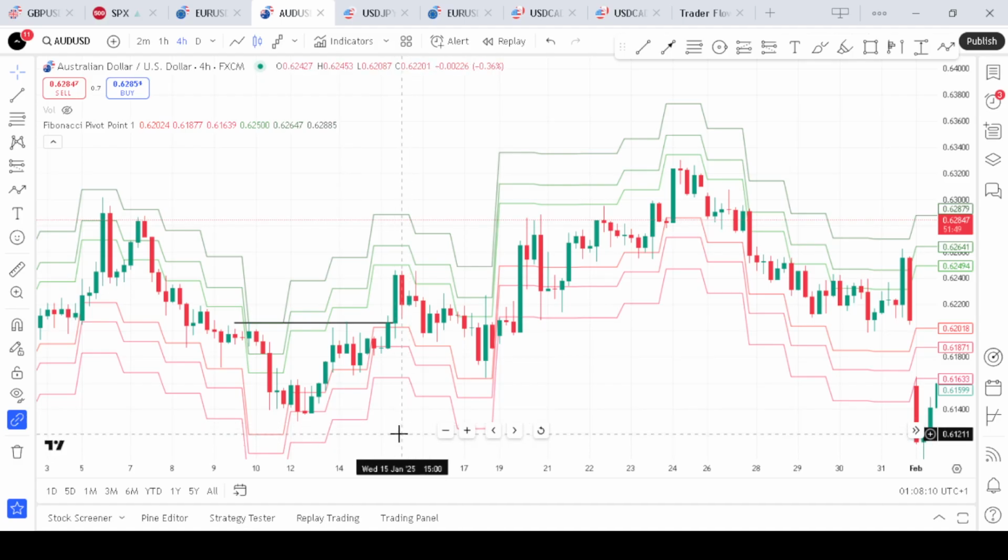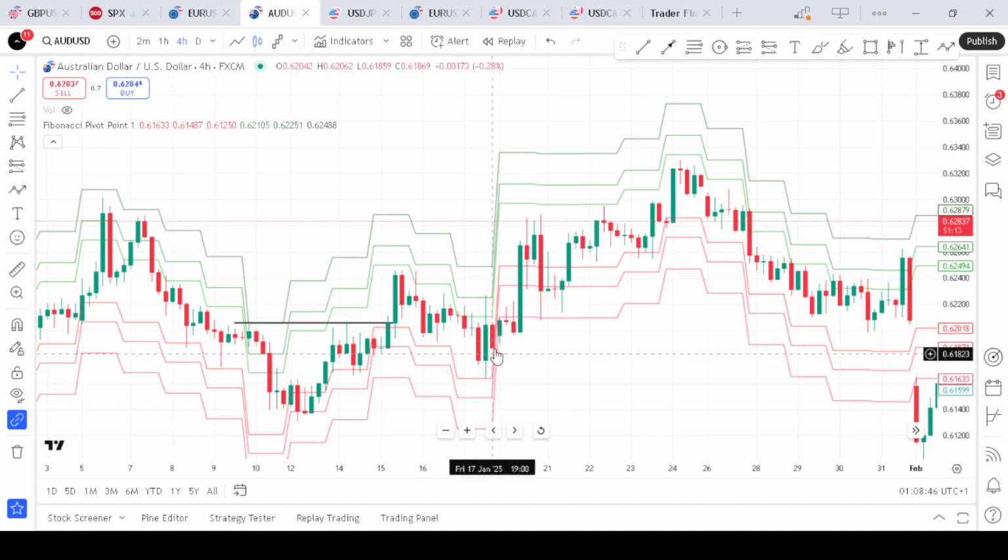Step 3 is to wait for price action at key levels. We have to monitor price behavior at these Fibonacci levels plotted on the chart. We monitor price when price gets to our R1 or S1. When we see a breakout through the R1 or the S1 with momentum, this is what we are looking for at key levels. Then for a reversal, we wait for price to either reject the R2 or the S2 with wicks or a reversal candlestick pattern like a pin bar or engulfing candlestick pattern. This is how we expect